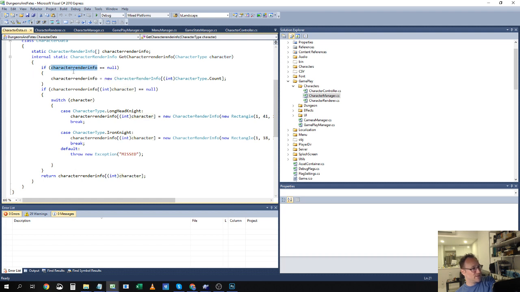This has not been made yet. Does this equal null? Let's make it. Then this individual character, so this is an array of basically character render info data, if that one equals null, then we go through and make it, and then here we return it. The next time it comes through, this will not be null, so it won't go in here. This will also not be null, so it'll just go straight down and return the thing. This is a lot quicker. It does end up having some big fat arrays in memory, but